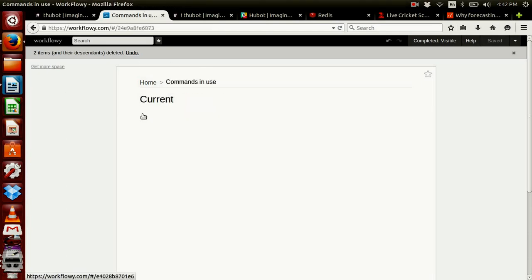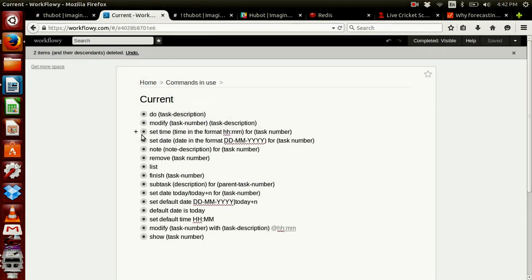Next command is set time. So default time is 0000. If you want to change the time of any task, we have to use set time command. Syntax is set time followed by time in the format HH:MM followed by for followed by task number.